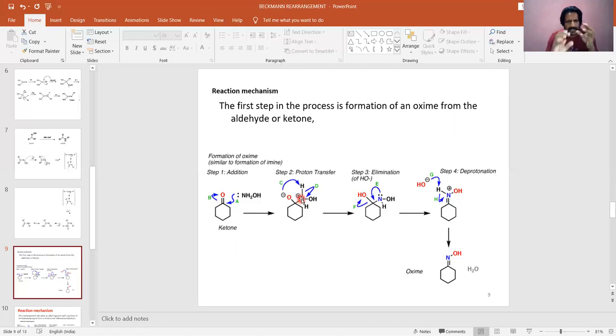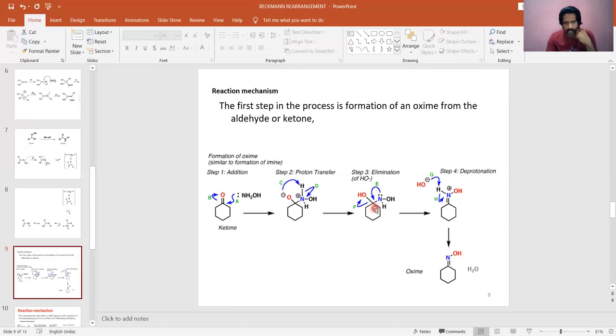So in order to complete the reaction, it happens in a slightly different way, but basically it is a nucleophilic addition only. NH2OH, without being converted into a nucleophile itself, attacks, and the C double bond O gets opened as CO minus, and the H plus is coming from NH2OH, so nitrogen has a plus charge. So this will try to attain stability by losing this proton. This proton will join on this oxygen. One hydrogen from NH2OH will be eliminated as a proton, and it will join over this O minus to form this resulting structure.